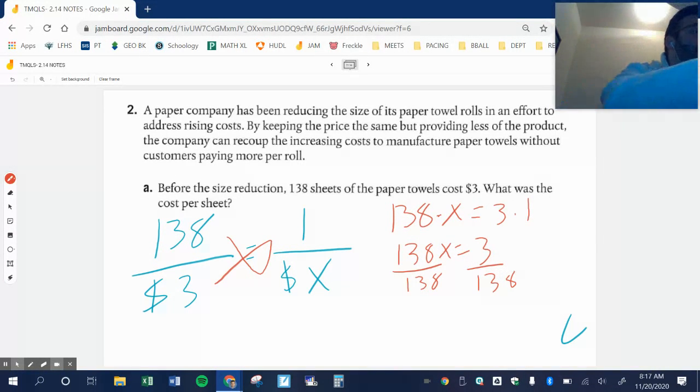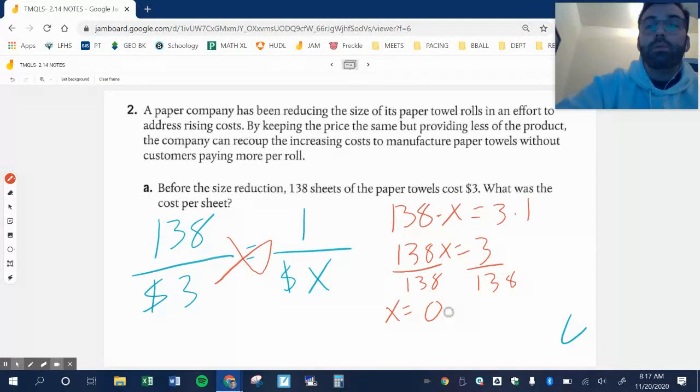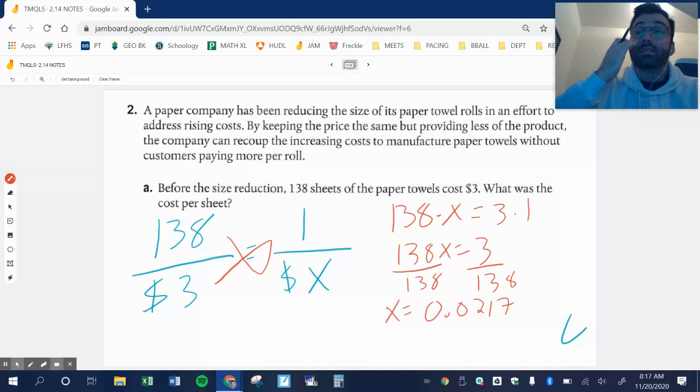What did I get? I cleared that out. I got x to equal 0.0217. Okay, so that's dollars. Well, that's like 2.17 cents. How did I get that? Well, if that's dollars, cents changes out of 100. I can multiply that by 100 to get 2.17